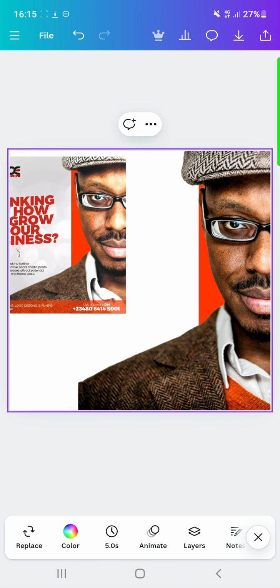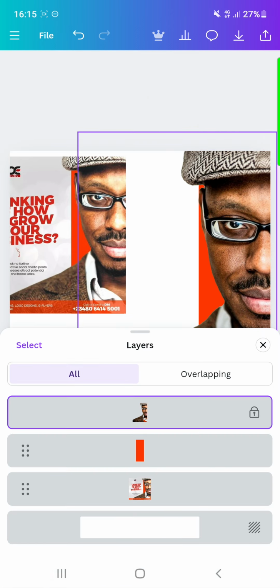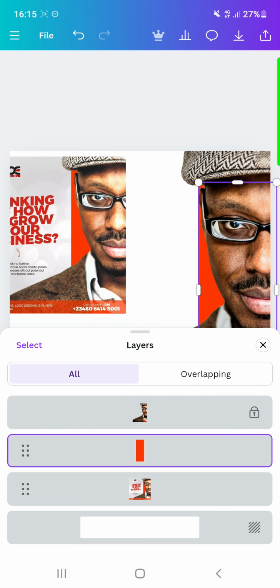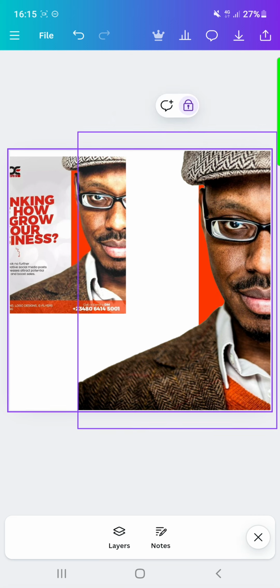Now you can lock that one too so that it's not moving around. Click on layers and then, alright, so this guy now,